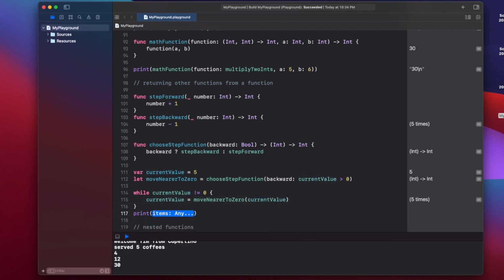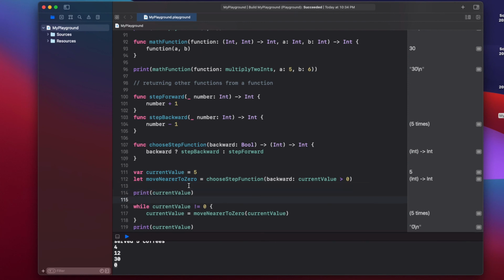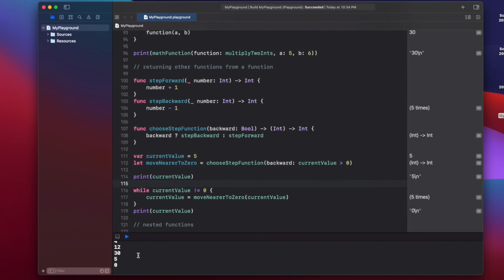So finally, if we print our current value, it should be zero. As you can see, it is zero. But if you print it before this loop, it should be 5. So as you can see, with this move nearer to zero function, we are able to decrease our current value to 0. And if it was -5,